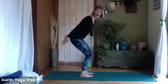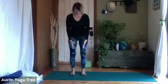Exhale, sit back into Utkatasana, floating your arms forward and up. Shrug your shoulders away from the ears, head is floating, really strong legs, and they should be nice and parallel and symmetrical to each other. Draw that low belly in. So we're going to try to hold our arms up today, unless you do have a lot of tension, neck